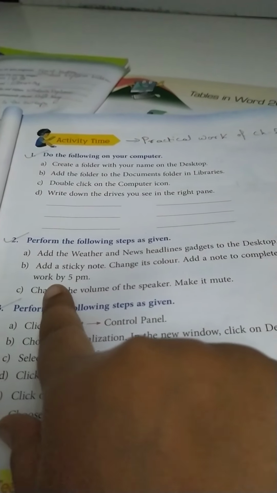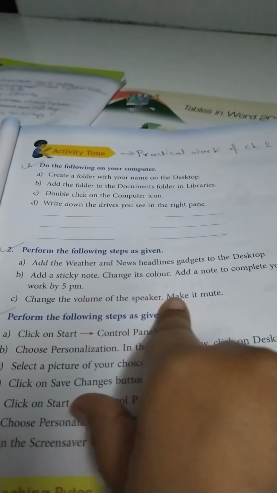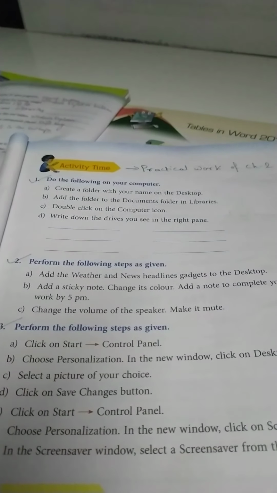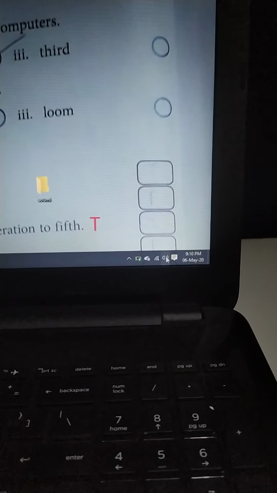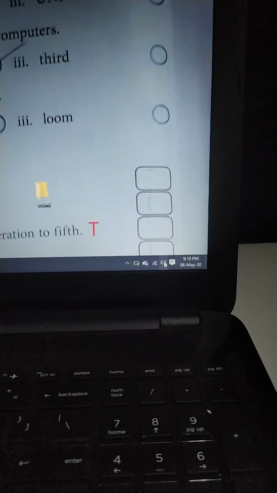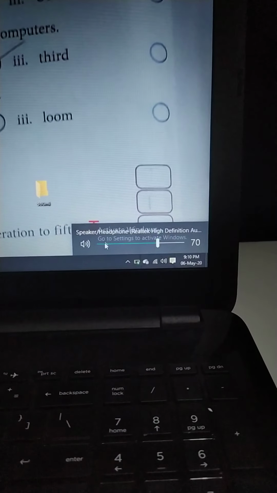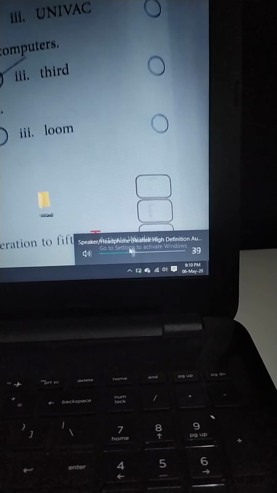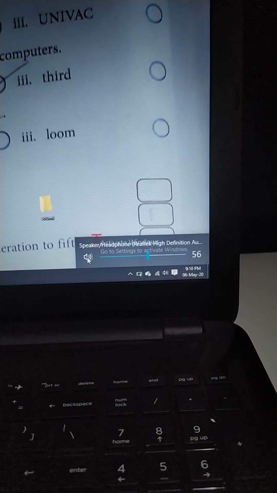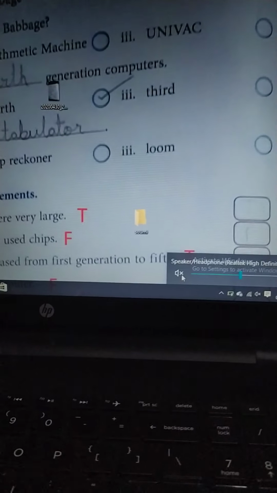The third question is change the volume of the speaker, make it mute. Let's see how we are doing this. See, this one is the speaker option in the taskbar. See, its slider is there to increase and decrease the volume. And if we click over here, one cross sign is coming.